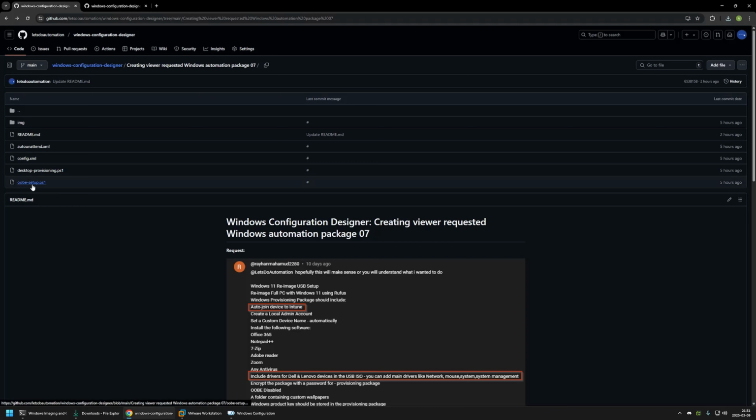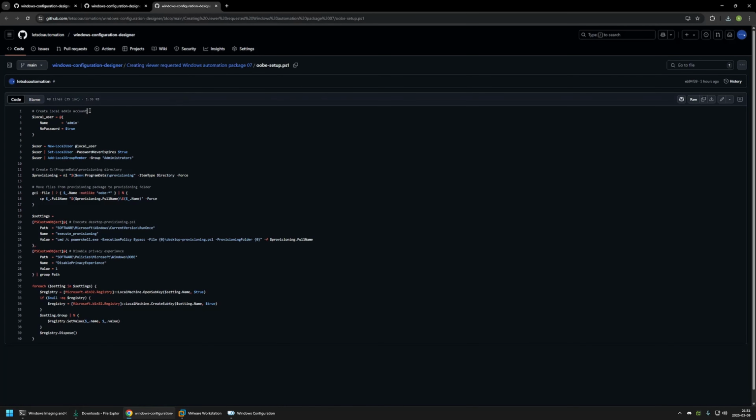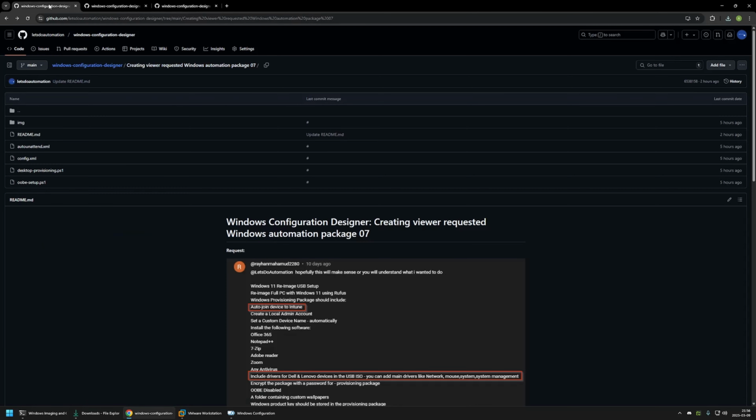Let's start with ubi setup ps1. This is the main PowerShell script that will be executed by the provisioning package. And this script first will create a local administrator's account without a password. After that, it will move files from the provisioning package to a provisioning folder on the computer. Then we have a few registry settings. The first one is to configure RunOnce to execute a PowerShell script called desktop provisioning. This is for the software installation. And the second registry entry is to disable the privacy experience so that we have no interactions during the provisioning process. So to download this snippet, let's click on the button right here and go back to the main page,